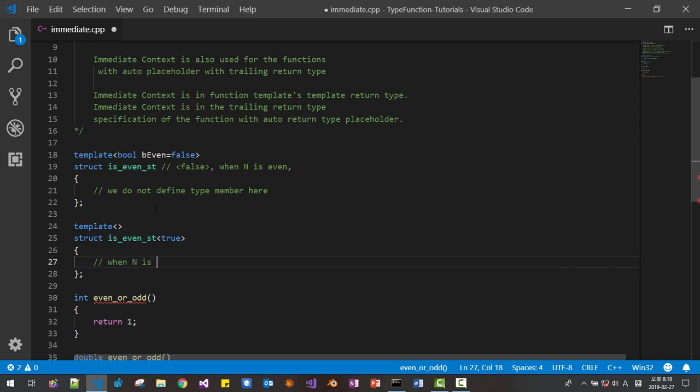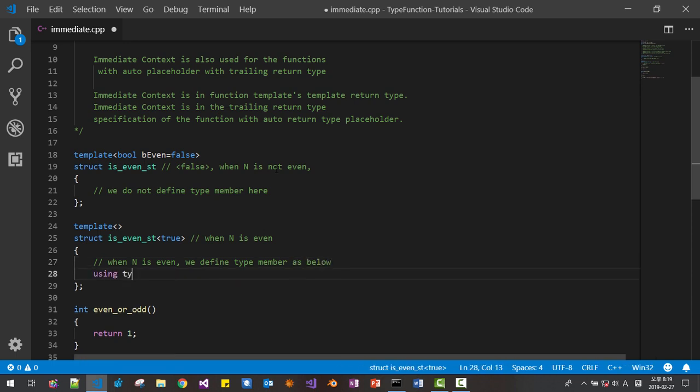When n is even, we define the type member as below: using type int.